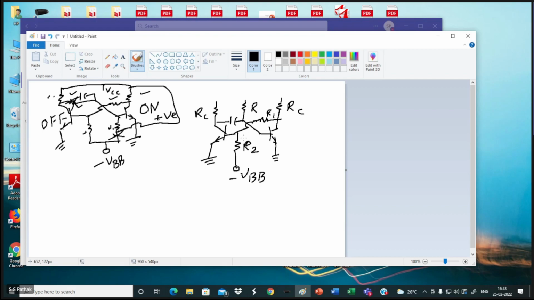This is because I want this one to be driven deep into cutoff, but I want that this should not go deep into saturation, otherwise it will lead to the delay. And my initial biasing will be, when I switch on the circuit, I consider that is t equal to infinite. T equal to 0 I will consider for the capacitor. When I switch on the circuit, I will start my experiment after a few seconds, but this circuit works in milliseconds. So when I say t equal to infinity,